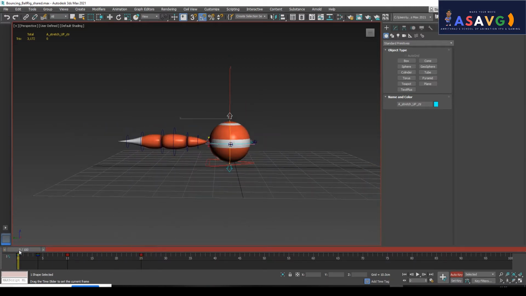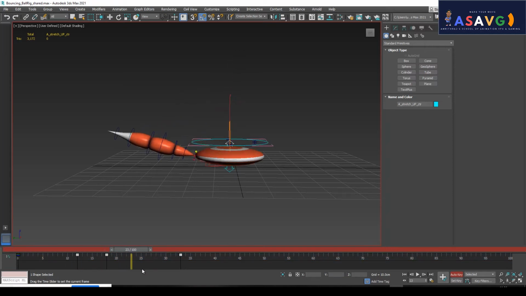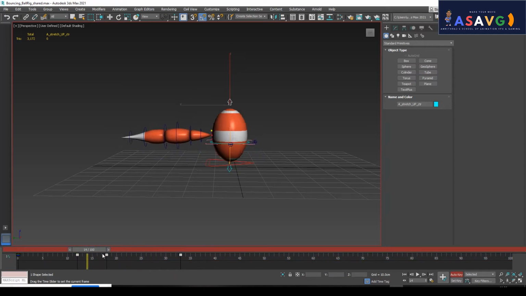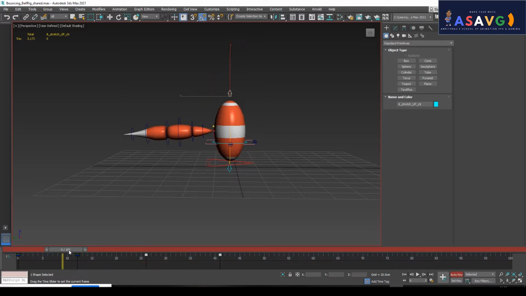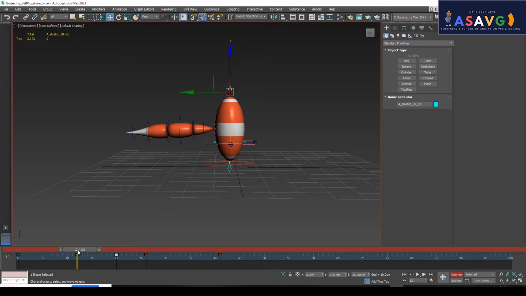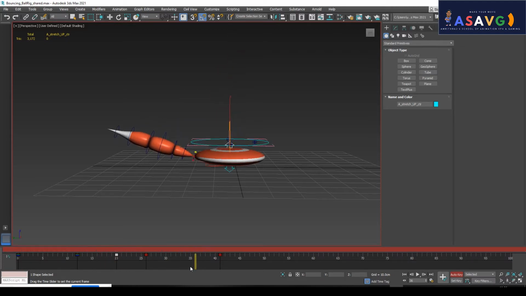So if we look over here we can see the anticipation, so I want more anticipation over here, so I am moving him a little bit here also, so up, then he is coming down. Okay, one more thing I am telling: if you want more time to be held here, what you have to do is copy this keyframe. Okay, shift drag and just move like this, same as what we have done for this area.